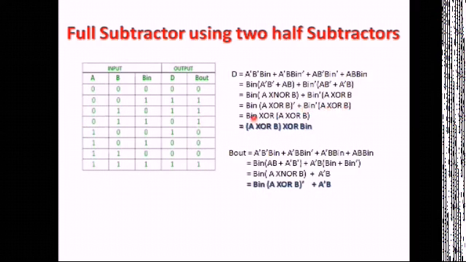So again this one is plus B in bar A XOR B. So here what we can write ultimately, that this is B in XOR A XOR B. If we are rearranging these terms in case of A, B and B in, we can write it like this, that A XOR B XOR B in. Now this is the ultimate expression of difference. Next we will be finding the expression of B out. Here we will consider this one, this one, this one and this one. And we will be writing the corresponding values of A, B and B in. So just write B out is equal to A bar B in plus A bar B in bar plus A bar B in.